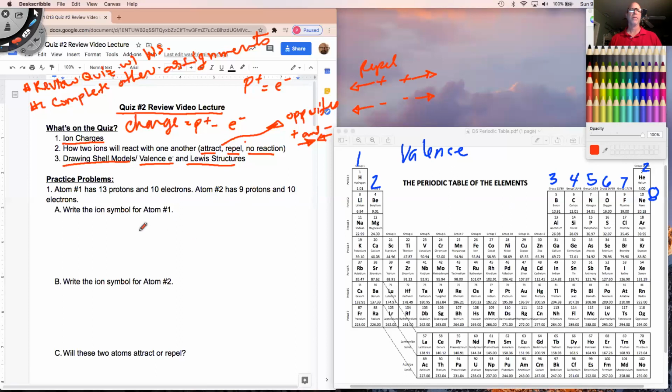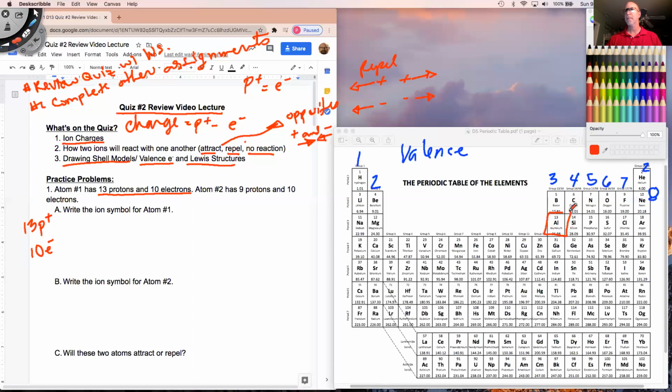For example, this first one, atom number 1, and it says write the symbol for atom number 1, has 13 protons and 10 electrons. So you don't have to write all this. You could do all this in your brain. I'm just showing you my thought process. You have 13 protons and 10 electrons. Now, what does that mean? Remember